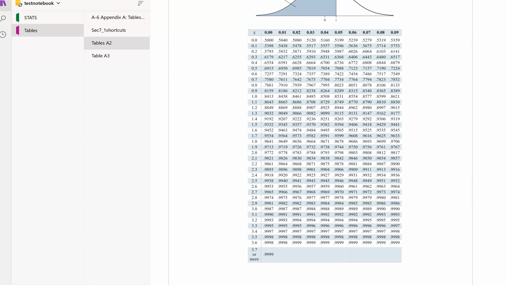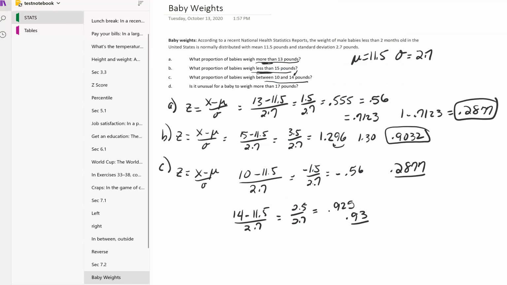So 0.93 is 0.9, there's my 3, so it's 0.8238. So this is an in-between, so my answer is going to be 0.8238 minus 0.2877, and the total answer is